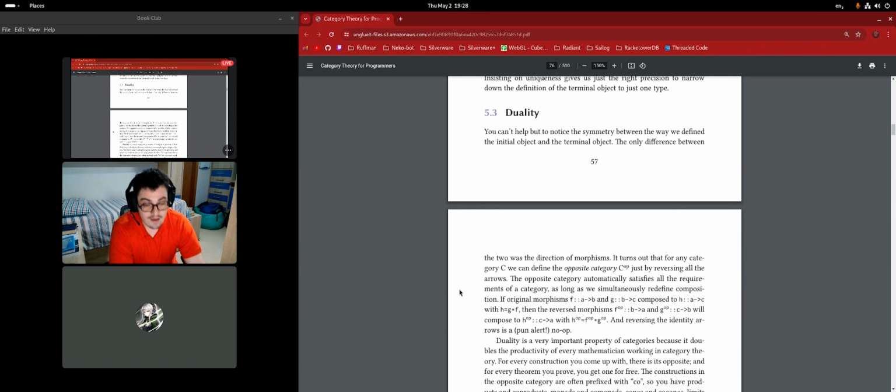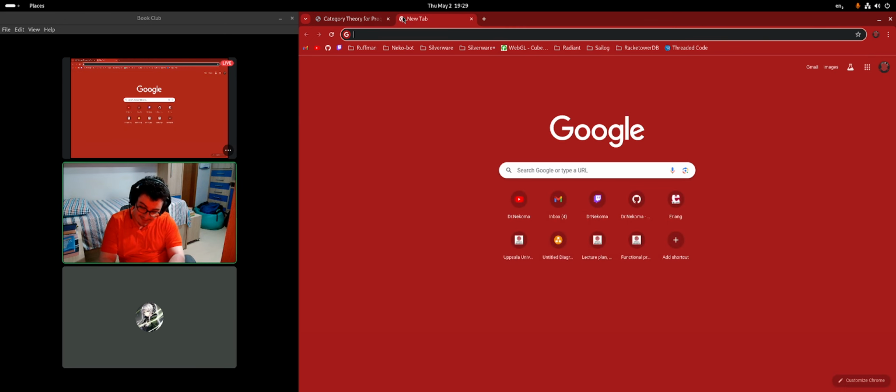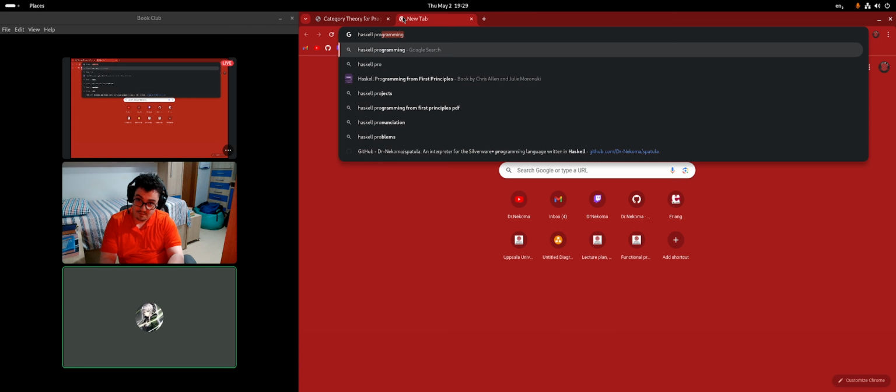Which is basically grabbing the entire graph of objects and its arrows and reversing the direction of all of them, right? There's a functor that does that, profunctor. It's opposite day. Is it a functor? No. I'm not talking about these functors. I'm talking about Haskell profunctors. Oh, right, right.